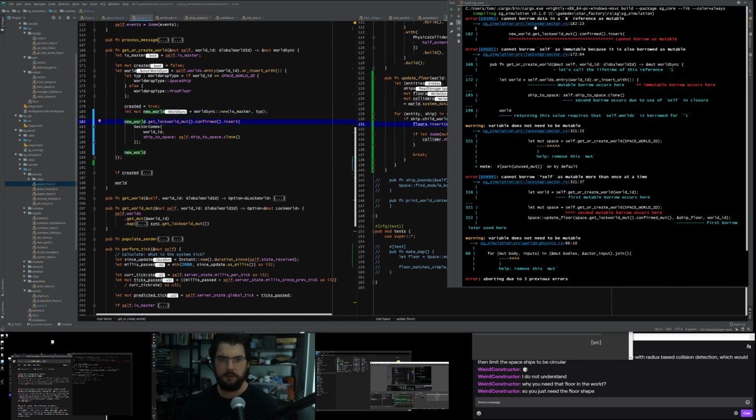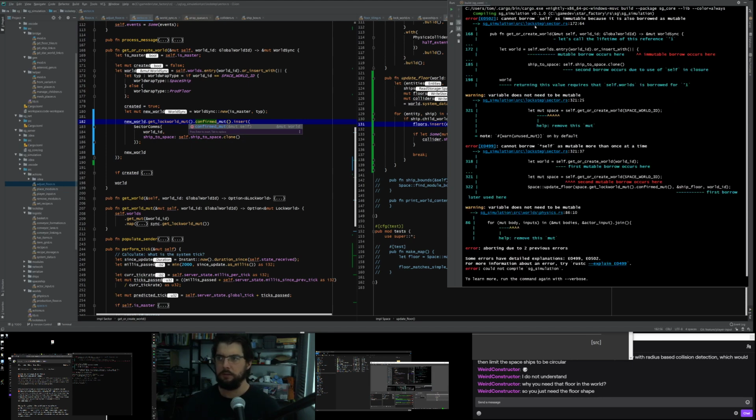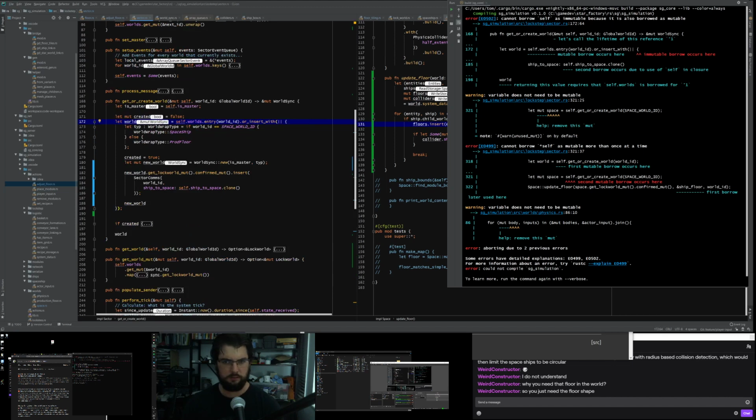Cannot borrow data. I need to also say confirmed mute here. Get or create world. Cannot borrow self as immutable because it's also borrowed as mutable.